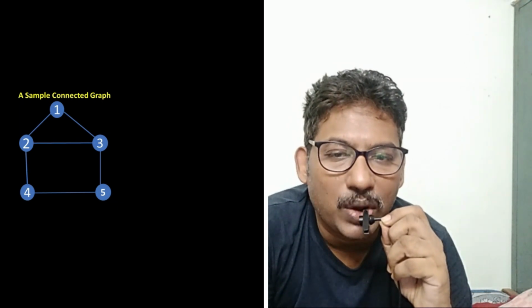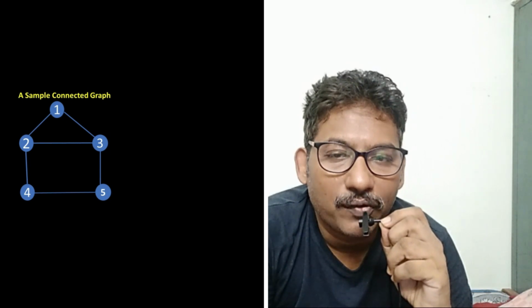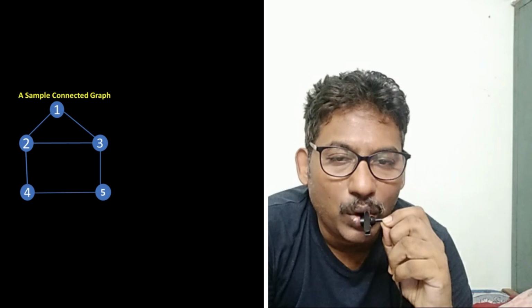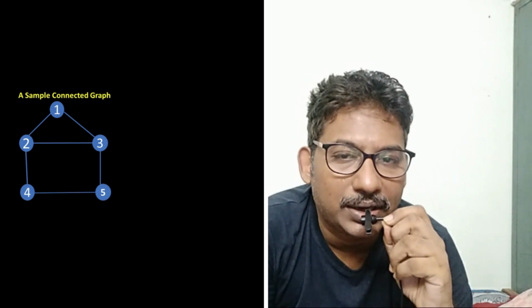See here, as an example we are showing a graph with a square and a triangle: triangle 1, 2, 3, then 2, 3 to 1 makes a triangle, then 2, 3, 5, 4 makes a square. A combination of a square and a triangle, we say it is a connected graph. We took it as an example to identify spanning trees. Then this is a spanning tree: 1 to 2, 4 to 2, 1, 3, 4. This is a spanning tree, and we can form 3 to 4 spanning trees in the particular graph shown there.